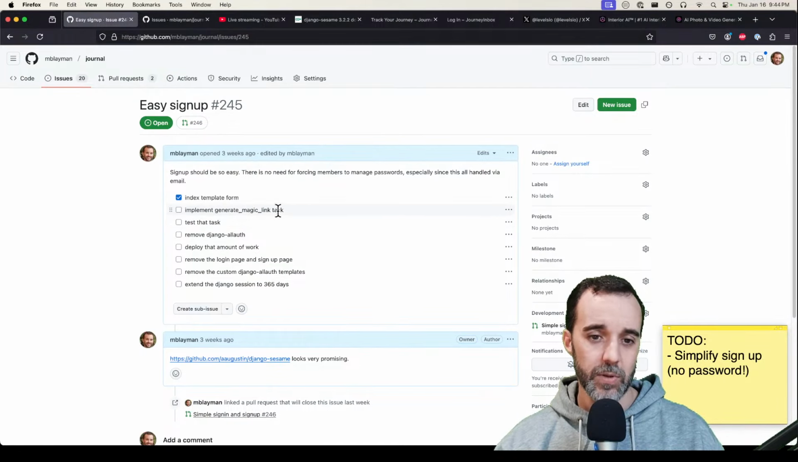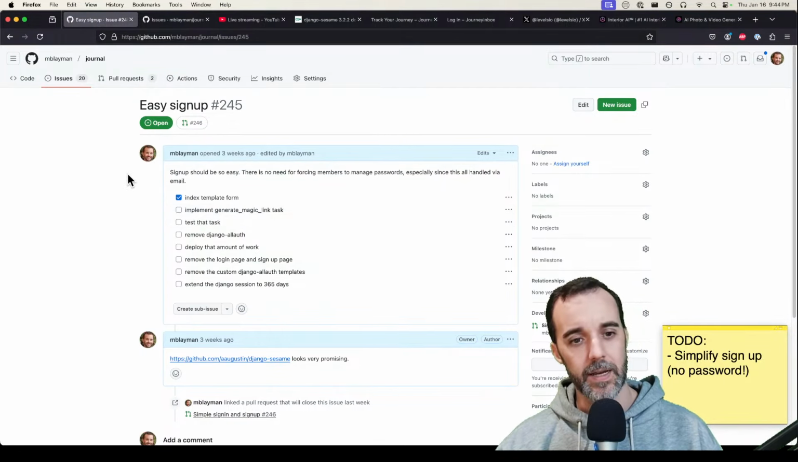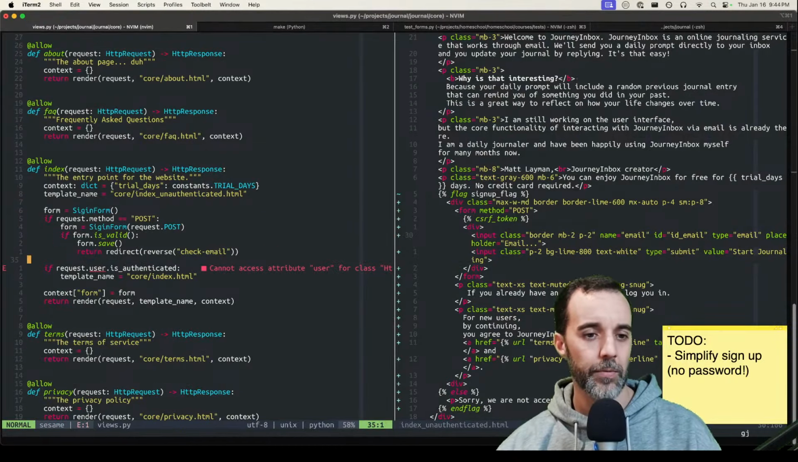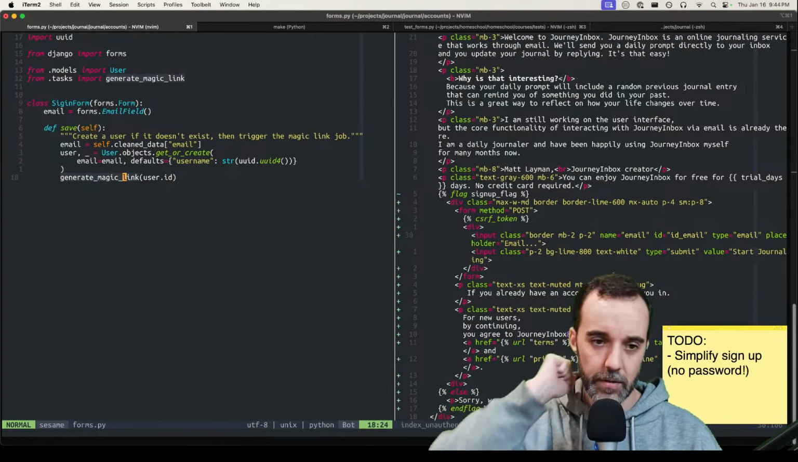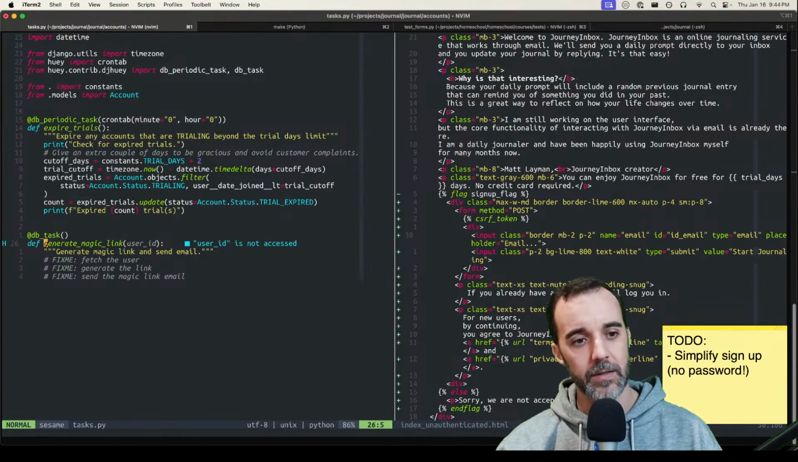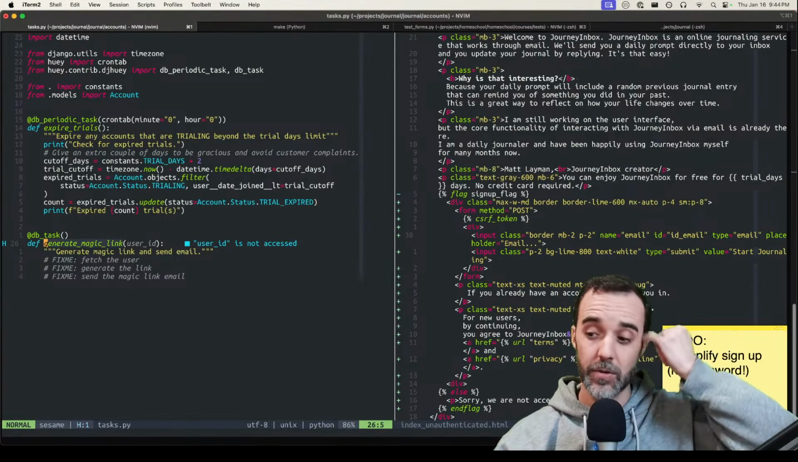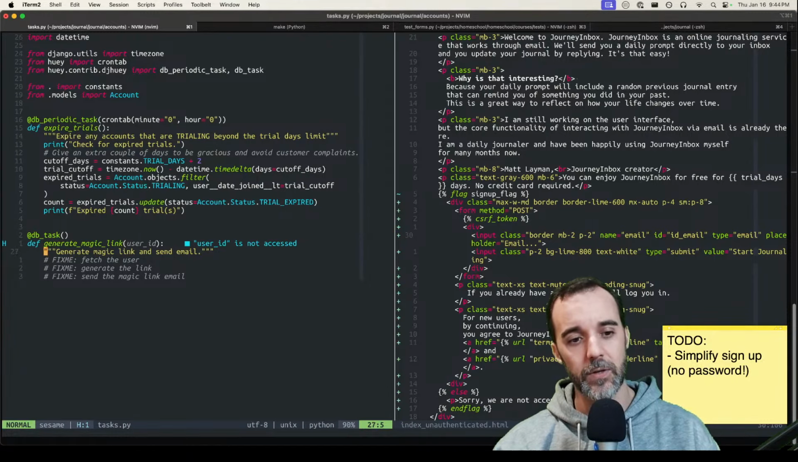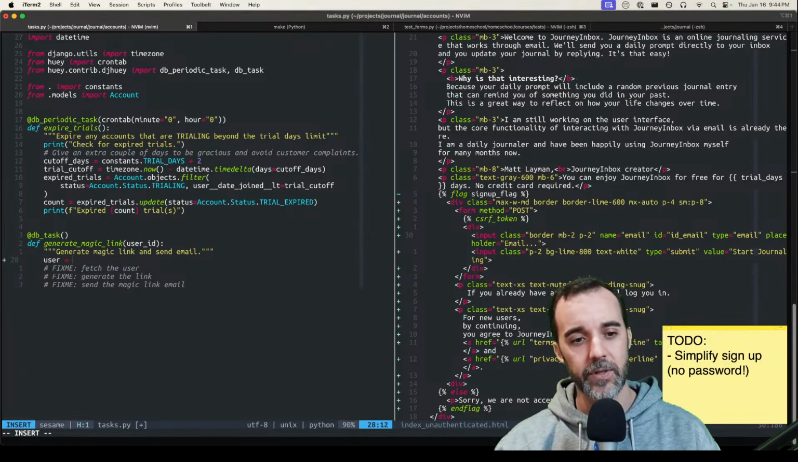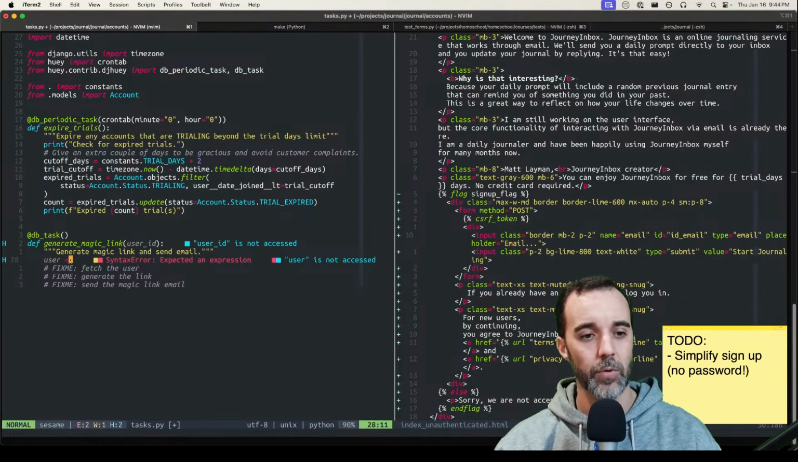Okay, let's do this. Let's implement this generate magic link task and get to it. We know this goes to the right place. So this is what is going to create the user, and then we're firing a background job, using a Huey-based background system, and the background job is what's actually going to send the email. So the whole flow with this simplified sign-up is that you only log in via a magic link and an email address. So we're going to get the user, and thankfully this should be a very simple operation at this point,